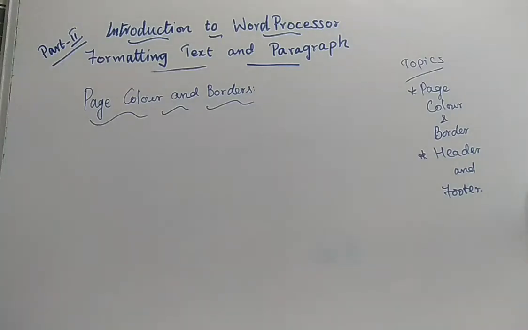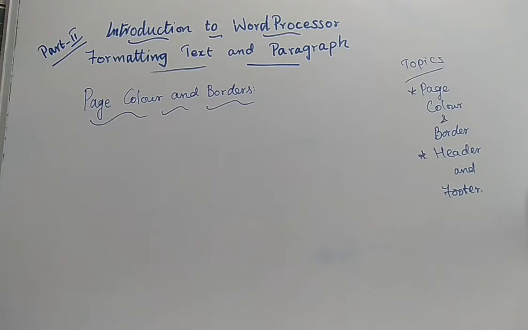Students, we are in chapter 6. In that, we are discussing part 2, that is formatting text and paragraph. So, what is formatting? Formatting is nothing but changing the style, that is changing the appearance of the text. What else? Changing the font type, size, colors, style, that is called text formatting. So changing the default appearance of the text is called formatting.